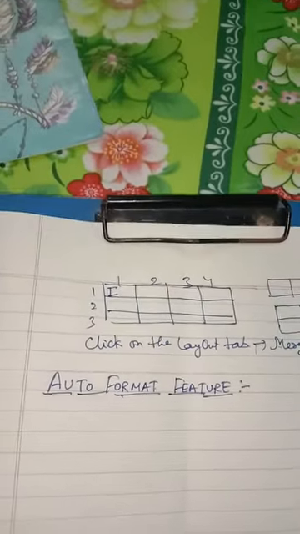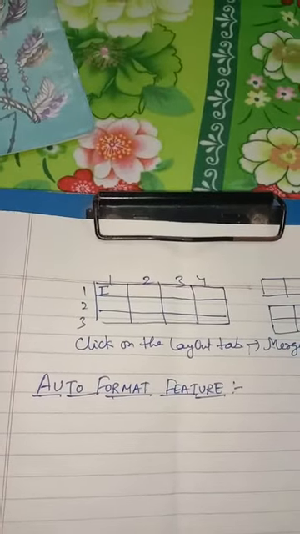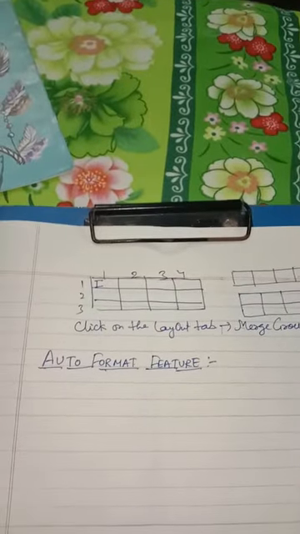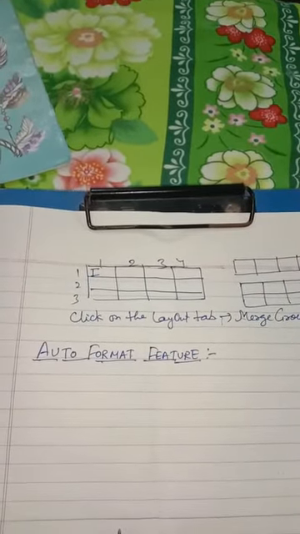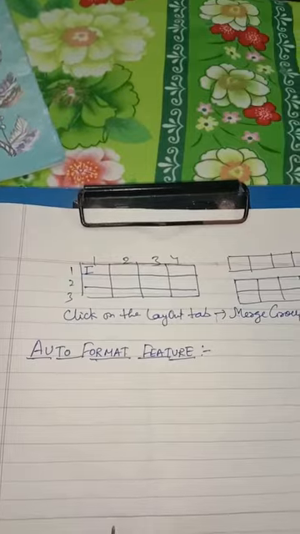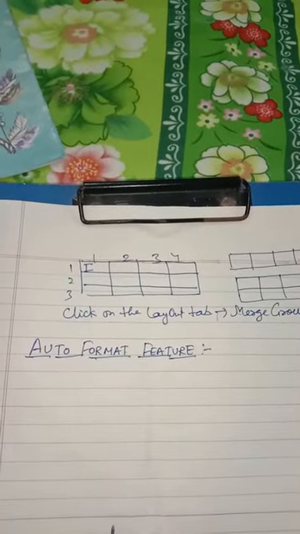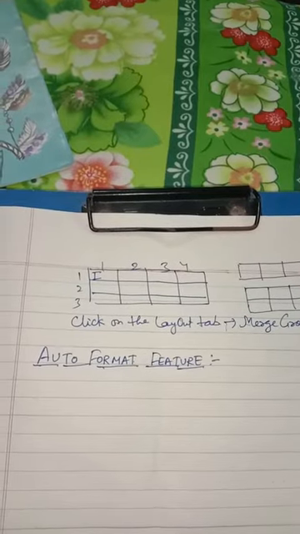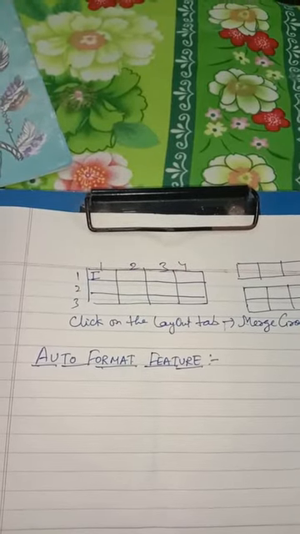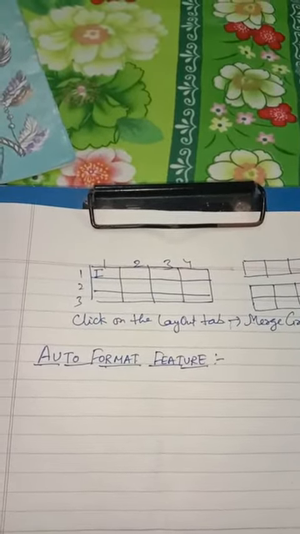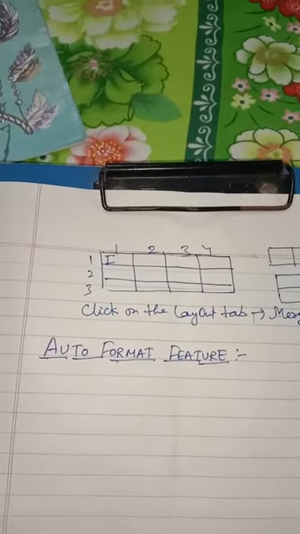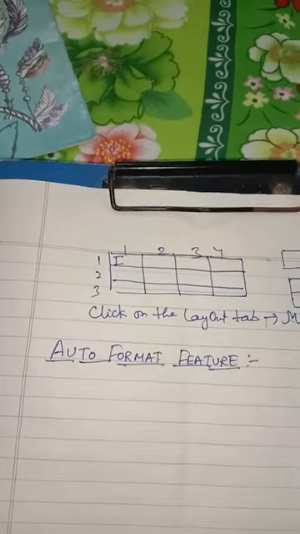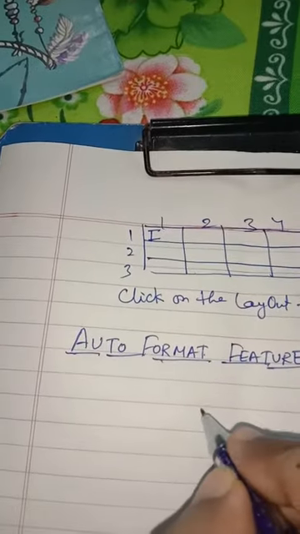Auto format feature. So what is the auto format feature? It is another important feature of a word processor. Auto format means the formatting is done automatically. MS Word 2010 automatically formats a document. As soon as we type the text, the formatting style is applied to it. For example, if we type 3 dashes and press the enter key, like suppose I have typed the 3 dashes, this is the